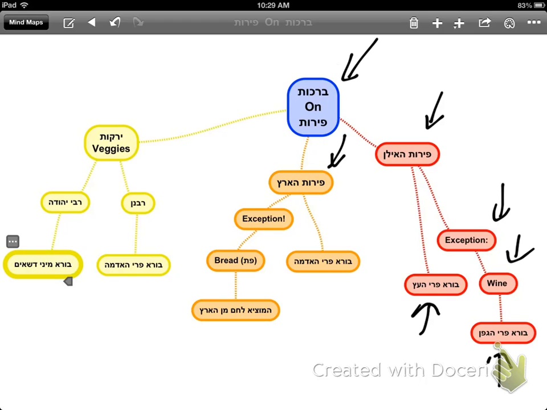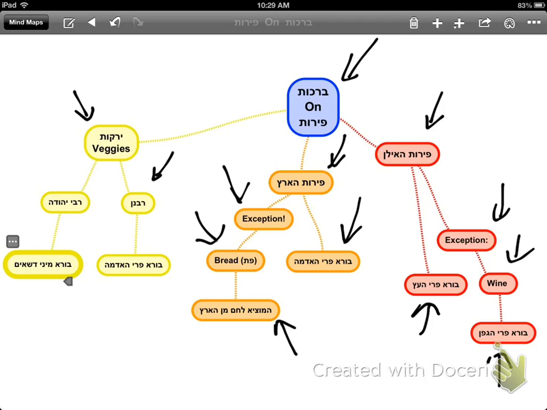The next type of fruits are peros ha'aretz, fruits that grow from the ground directly, not from a tree. So, naturally, the bracha is borei pri ha'adama, the one who created fruits of the ground. The exception to this rule is pas, bread. Again, flour comes from wheat, and that's how you make bread. And it gets a special bracha, motzi lechem min haaretz. Third category is a special group of peros ha'aretz called yirakos, vegetables. That includes cucumbers and the such. So versus peros ha'aretz, which can include potatoes and other things like that.